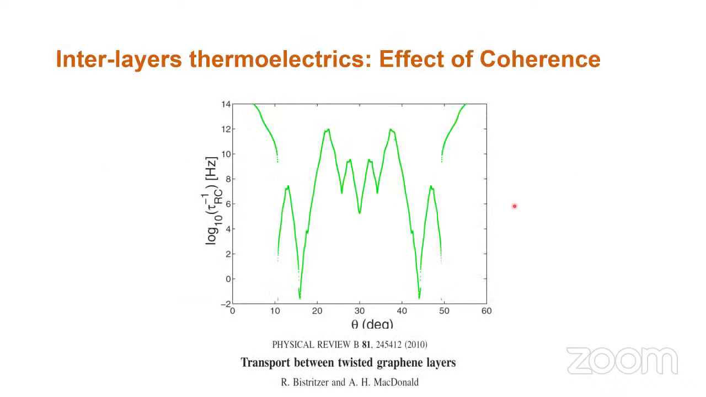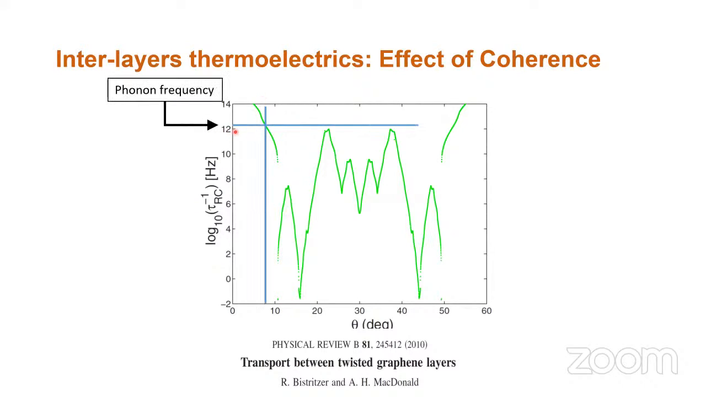The basic idea can be taken from an old calculation of Alan MacDonald in 2010, which essentially calculates the hopping probability or tunneling rate between the two layers, simply taking the graphene layers as an RC circuit and looking at its density of states, and you can calculate the hopping rate of electrons from one layer to the other. And you can see that if you take the phonon frequency, which is somewhere around 10 to the power of 12 here, at an angle of about 5-6 degrees or so, the phonon frequency and the electron hopping rate